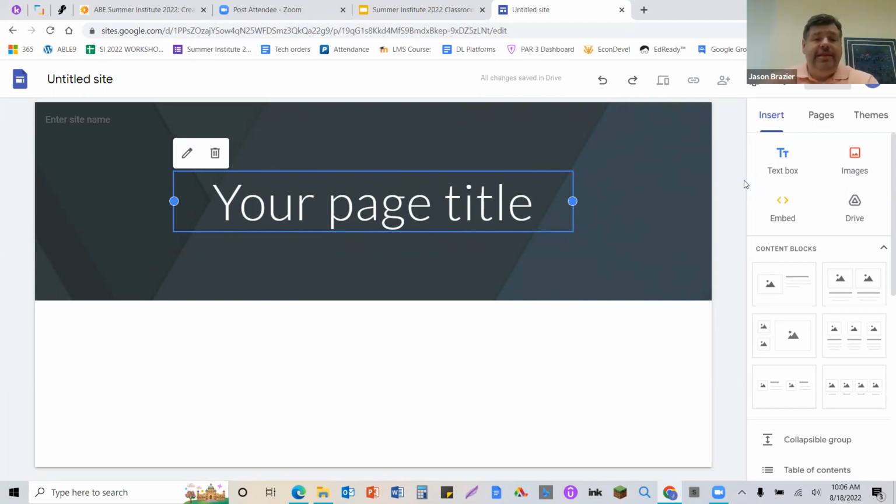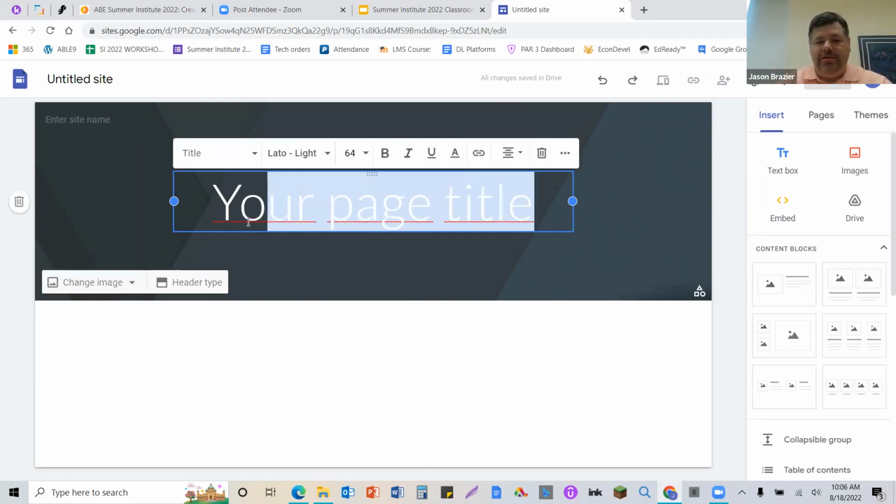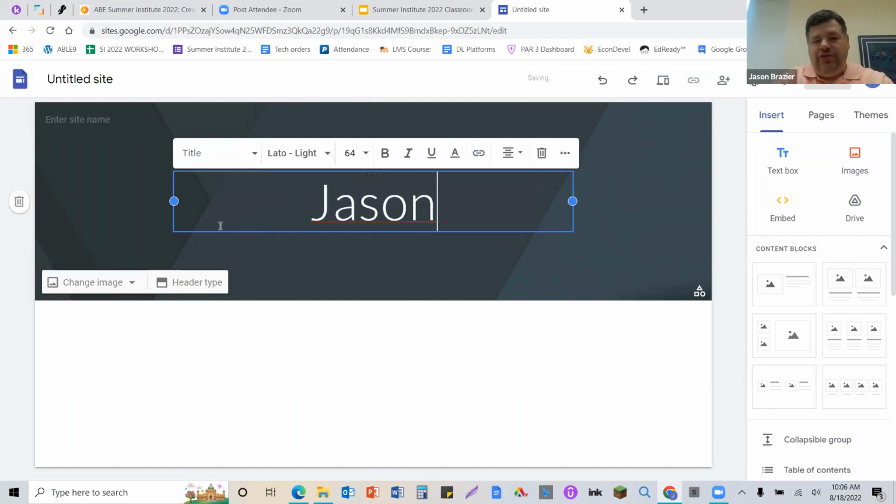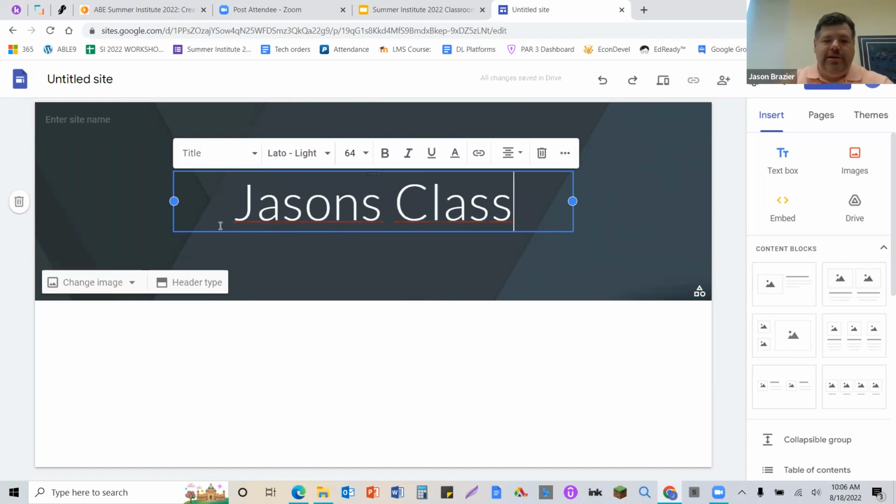As you can see, this is a template of a website. It's no harder to build a website really than it was to go to this site. But as you notice, it's pretty bland. The first thing I would do with a website is change my title. And I'm going to change it to Jason's class. And you can go ahead and do this on yours as well. And you're probably all familiar with these different buttons. This is our fonts. This is our font size, bold,